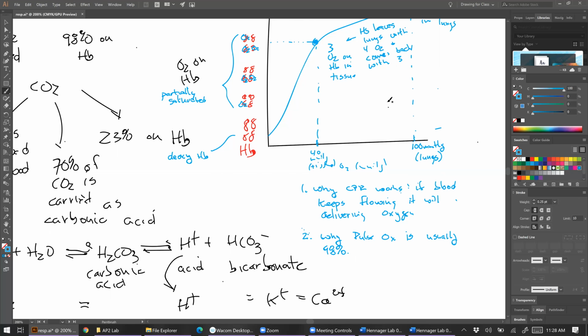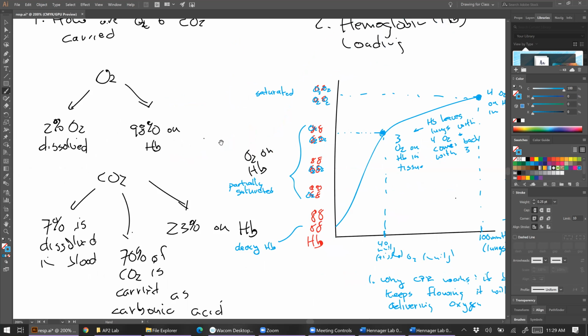Pulse ox, the 95 tells you that you do have a lung problem. So I have a pulse ox just because I want to make sure that my lungs are getting enough oxygen. So this creates a large buffer of oxygen carrying. So you can add a lot more oxygen. And then on top of that, you have another buffer too. Another buffer is